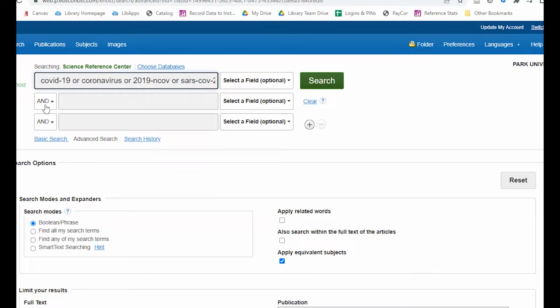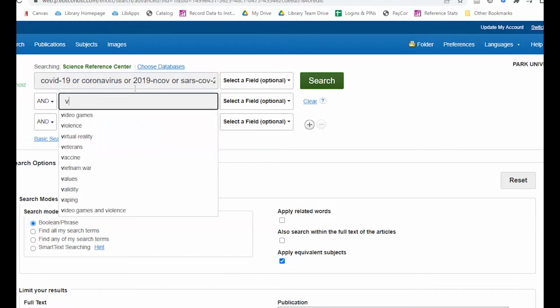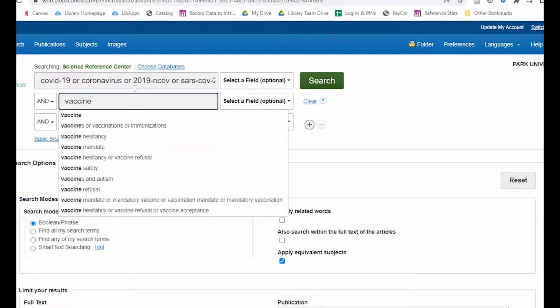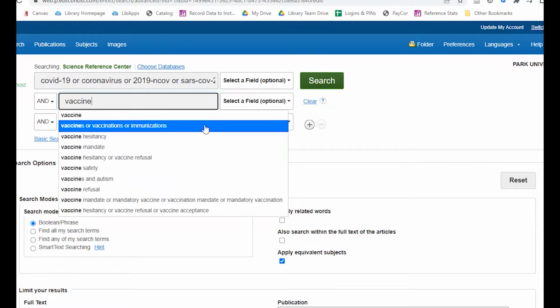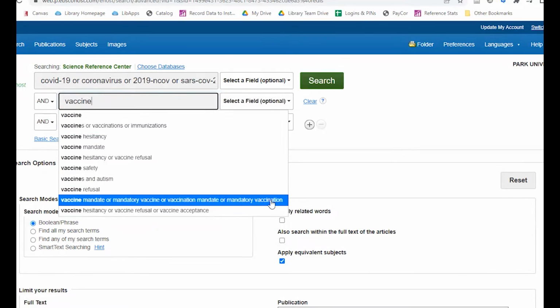And then I might go in and do a second search term, like vaccine. And again, it's suggesting more, like vaccines or vaccinations or immunizations. Or we could go down to vaccine mandate or mandatory vaccine or vaccination mandate or things like that. This is a really good way not only to find different synonyms to use that OR Boolean search operator with,